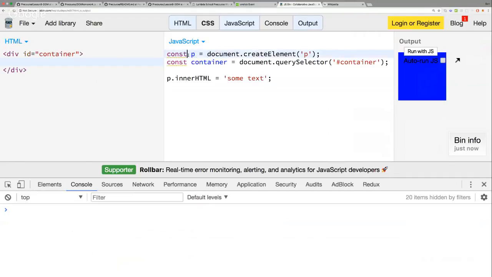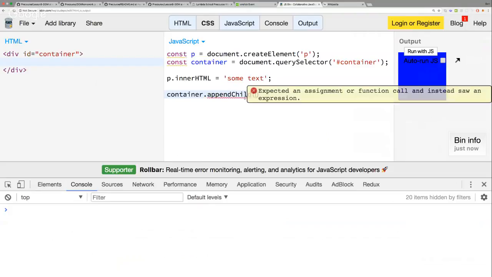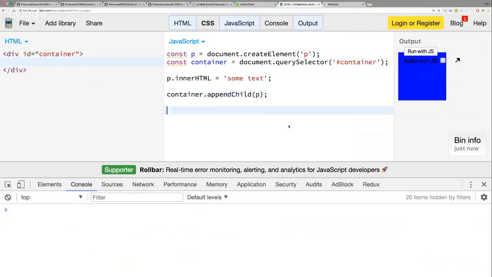Again, we create a paragraph tag, we set the innerHTML, and now we have to add it to the container. So what we're going to do is container.appendChild. We'll add it in,